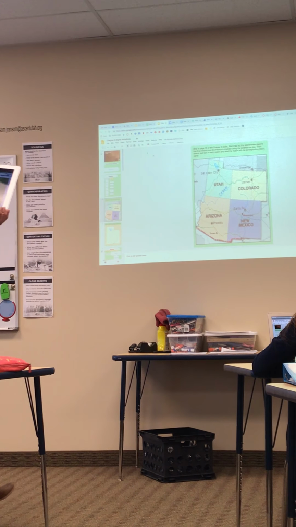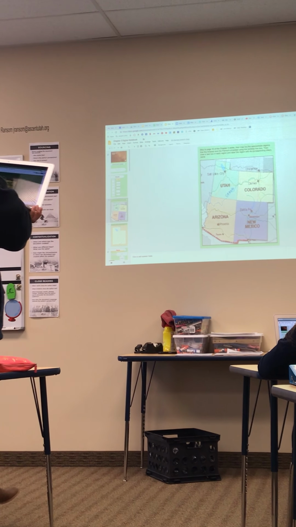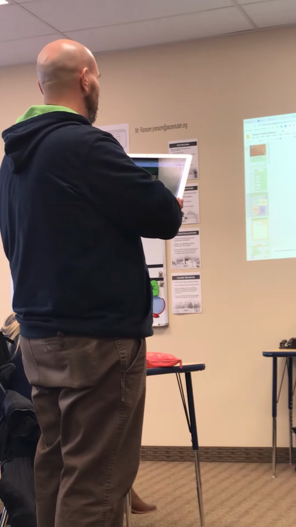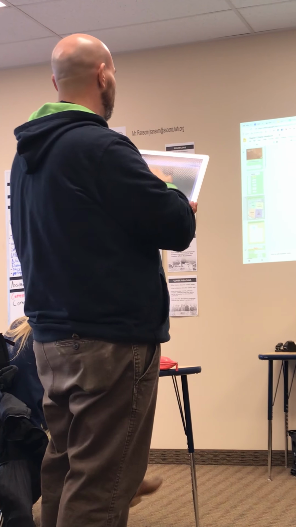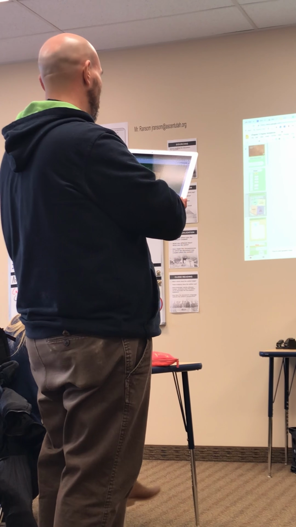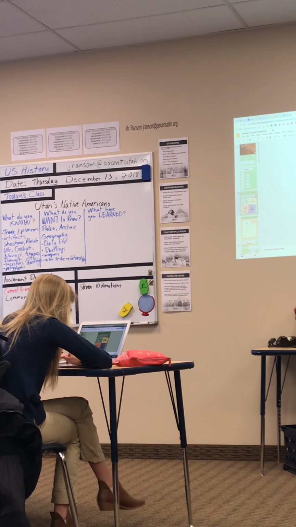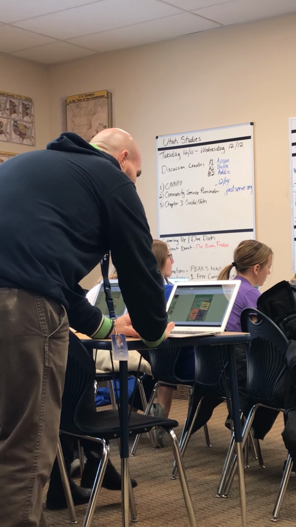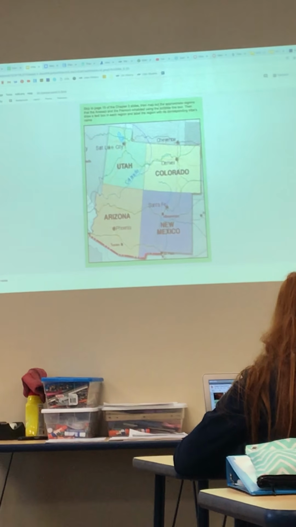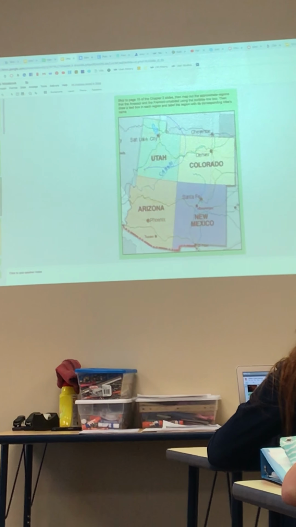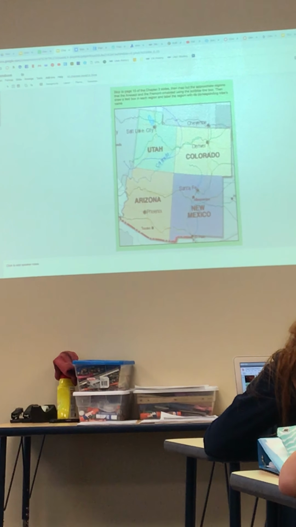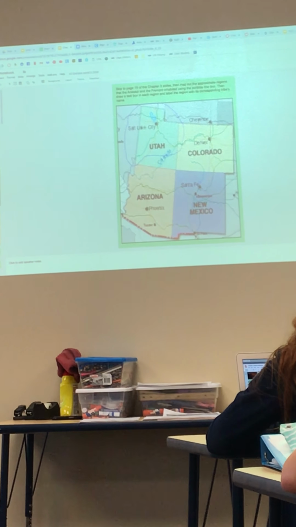Okay? So I'm going to go ahead and click the scribble line again, and I'm just going to do the best I can to circle basically the area where the Fremont lived. Okay? I'm going to do it. The lines are super, super thin and you can't really see it. I'm going to show you how to get that figured out. Okay, so I'm going to go about like this. So my line's not going to be perfect, but